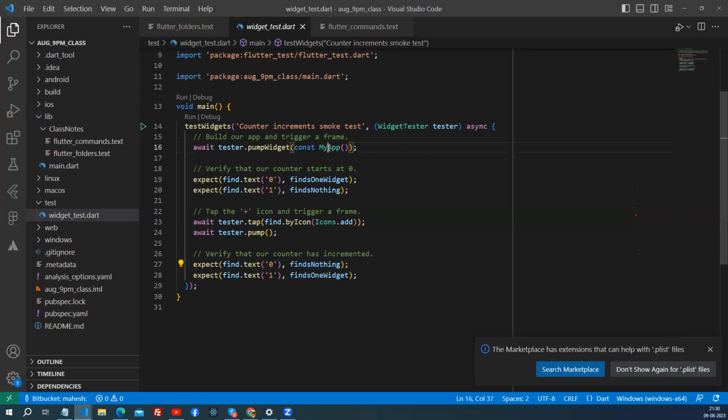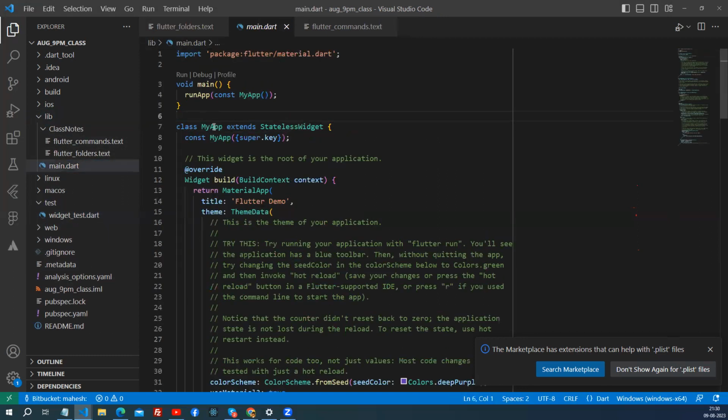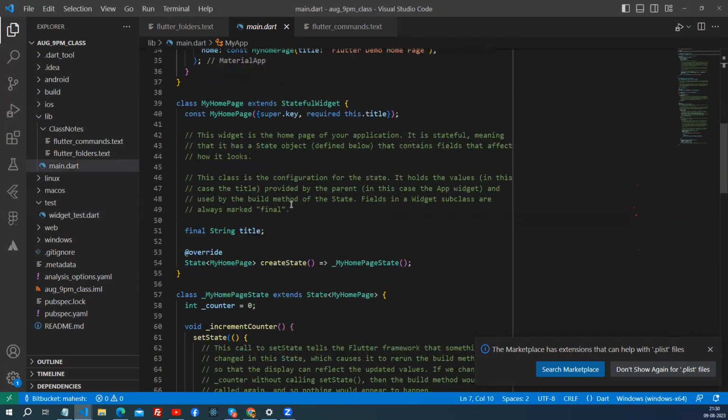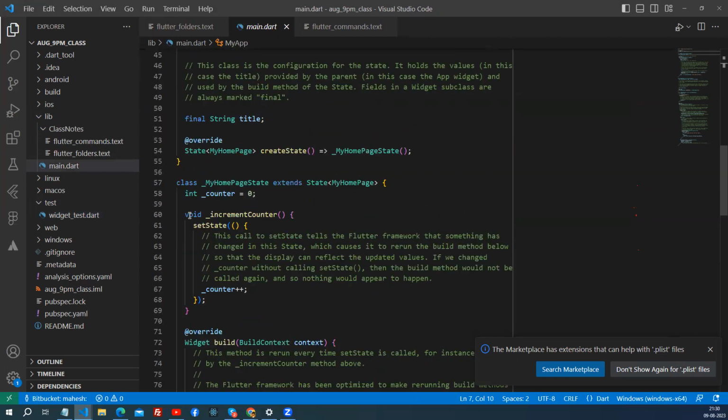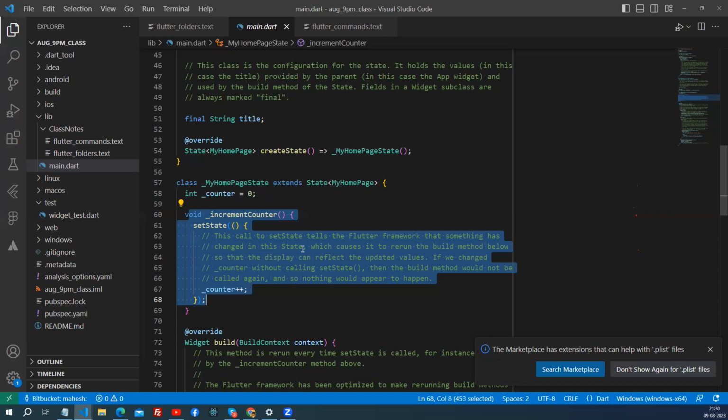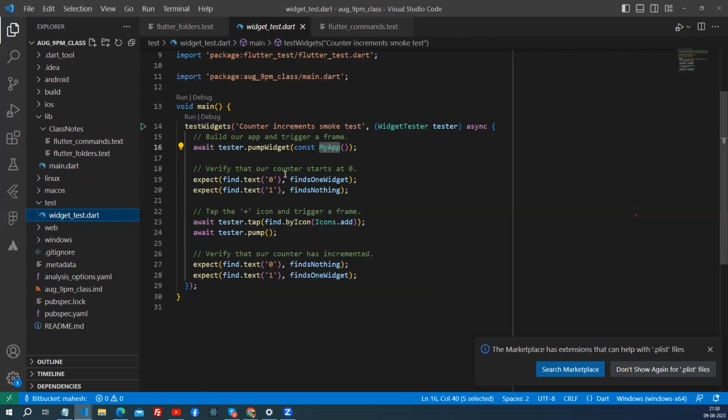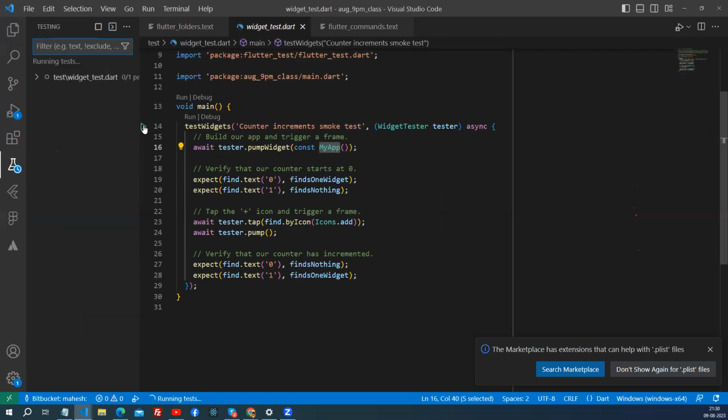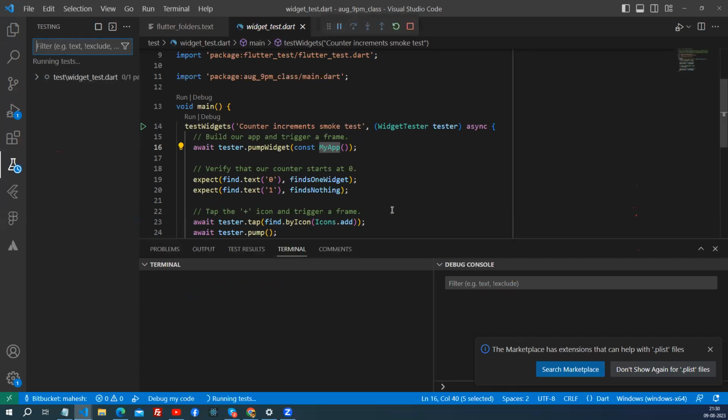So in my app, for example, if you go to lib/main.dart, this is my app, right? In the main file, the increment decrement logic is there. See, this is the increment and decrement logic. We can test whether this particular logic is working or not automatically, without doing it manually. This is where we can run the test cases. See, once I click on this,